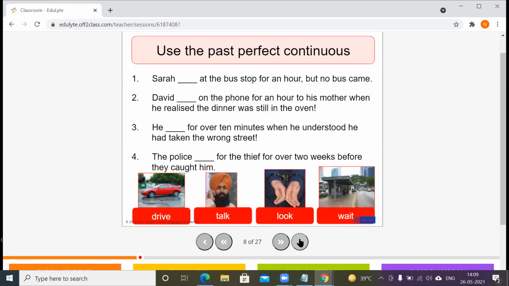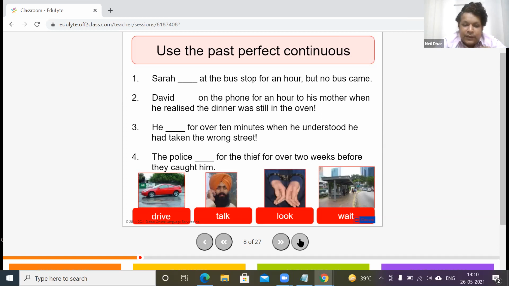Shara waited at the bus stop for an hour, but no bus came. Absolutely correct. Shara waited. So when we talk about past perfect continuous, what we try to do is